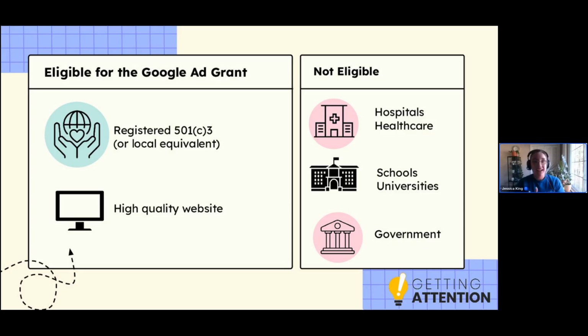The last thing about a high quality website is you need to have unique mission relevant content, which is really broad. We're going to talk a little bit about what Google, when we think about Google not so much as the company but as the actual product, the crawler that crawls the websites, can look at and what it's looking for. But this is sort of the everything else about your website.